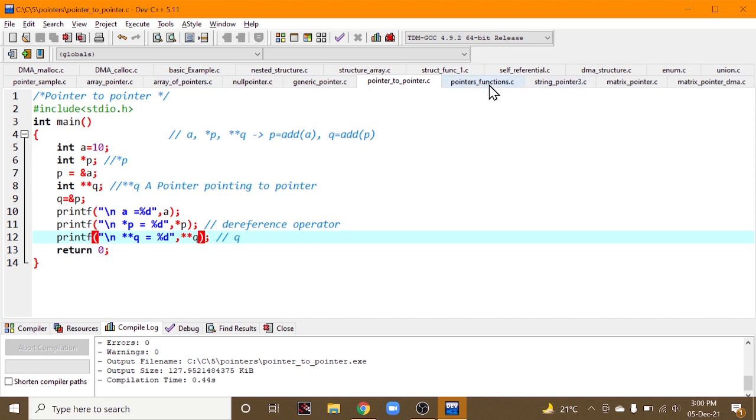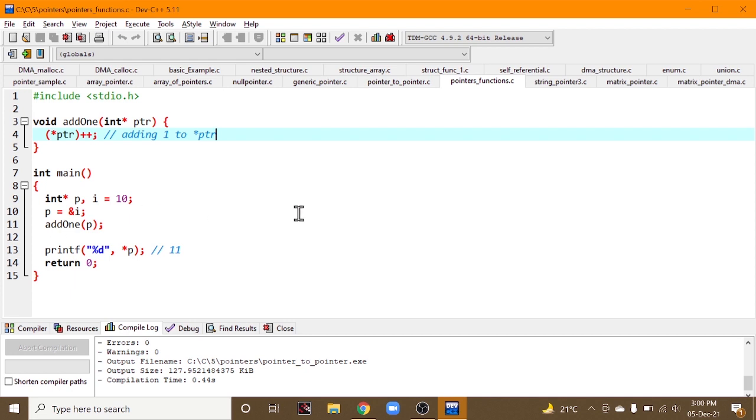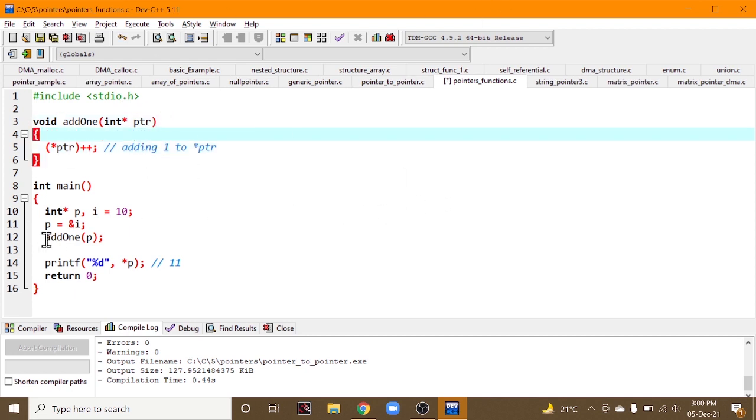Now let us check functions related to pointers. It is very simple. We have defined the main method. Inside the main method we have one pointer and one variable called i, and the same step again. The address of i is being assigned to p, and here is the function call add one of p.